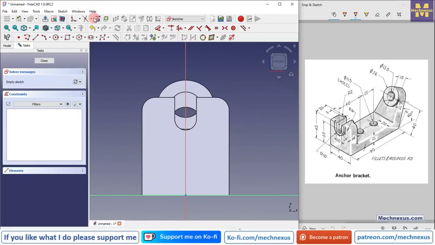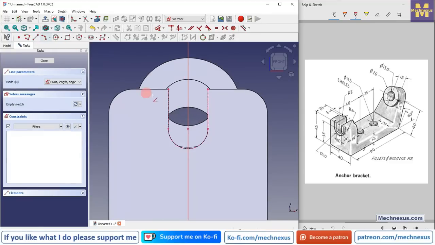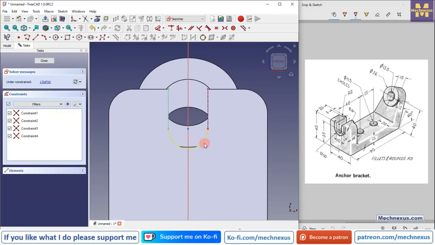We will select the project geometry, and we will project this arc and a vertical line, and we will create the exact profile as we projected. So here is a 3-point arc, so we will create a 3-point arc and select this and make it equal. Select the line,